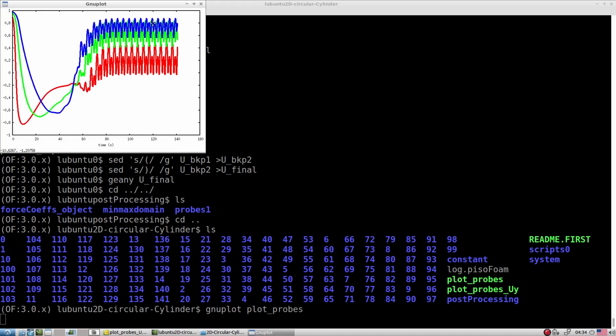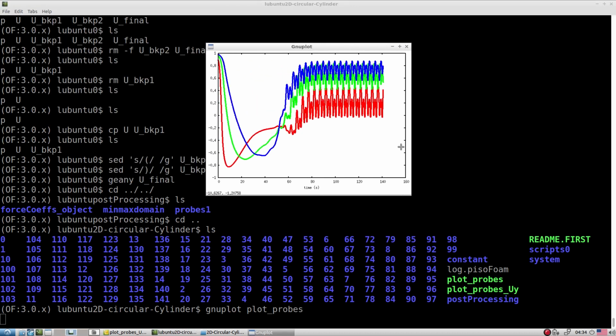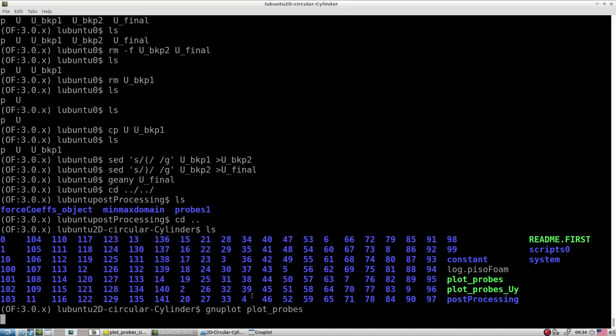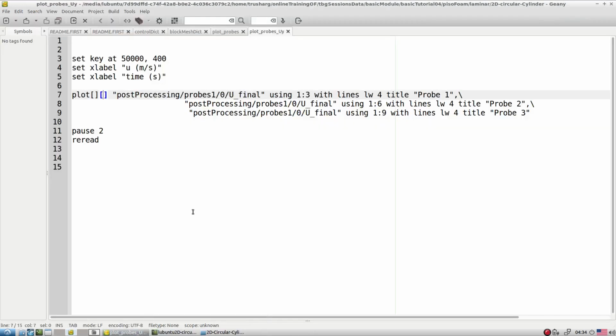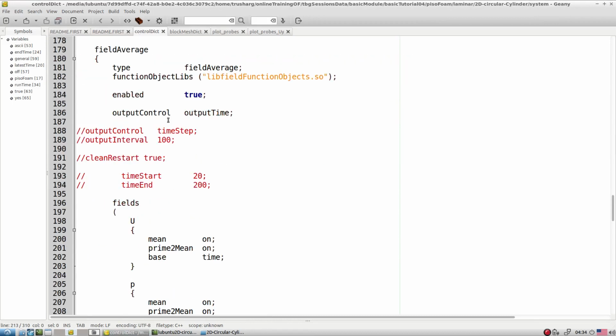Right now I have already run it for, let's say, 120 seconds, so that's why you get these very nice probes. Meanwhile, while the simulation is going on, we also started the averaging part.